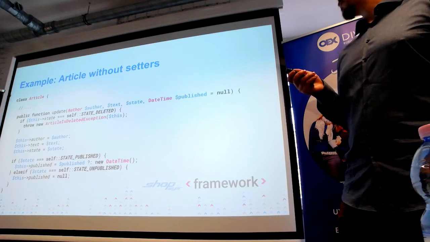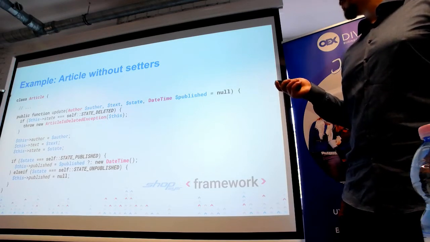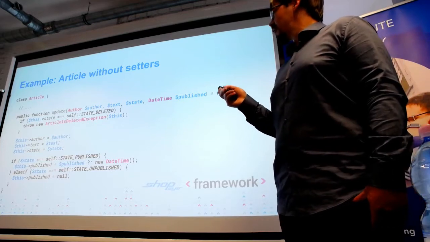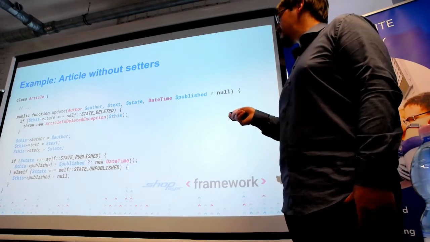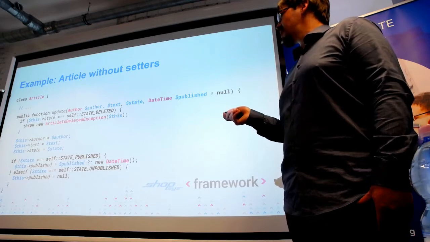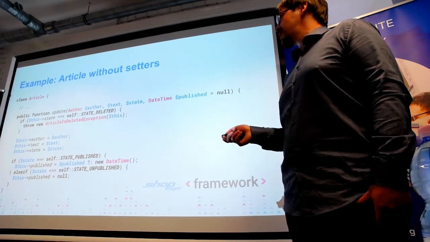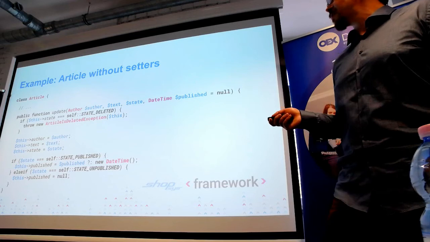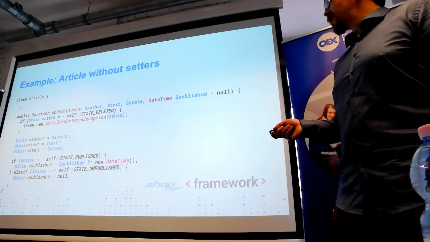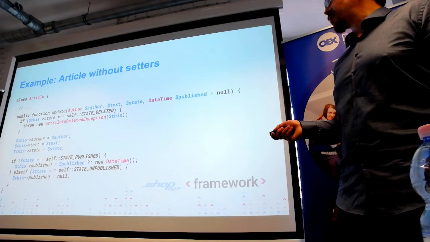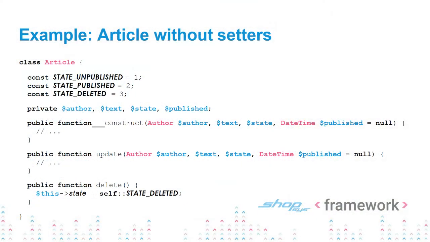We can look at the update method of the article. And we can see that it cannot be updated when it's deleted, and when it's published, it has the published date set here. When it's unpublished, it's always null. So by this approach, we can always ensure that our entities are integral. This looks like a solution to our problem, but